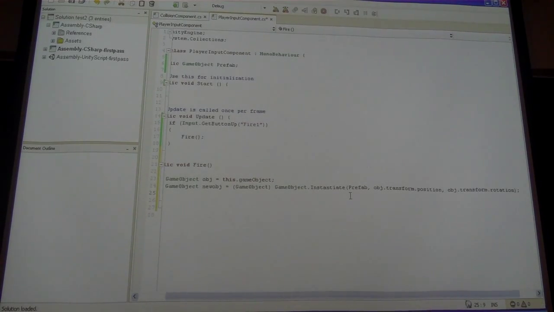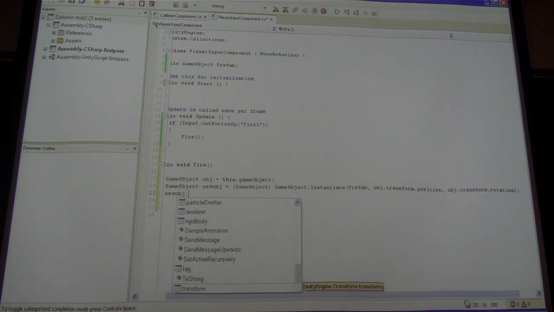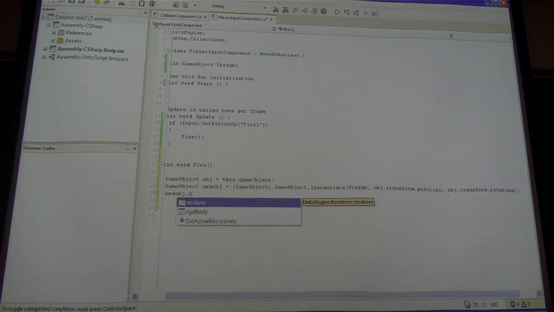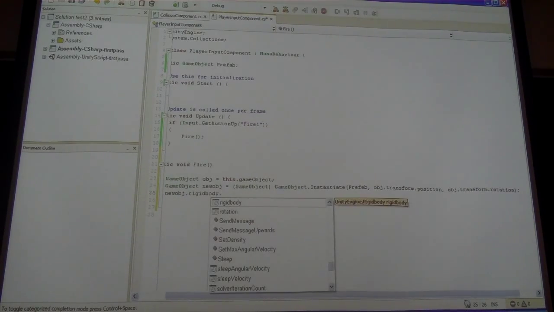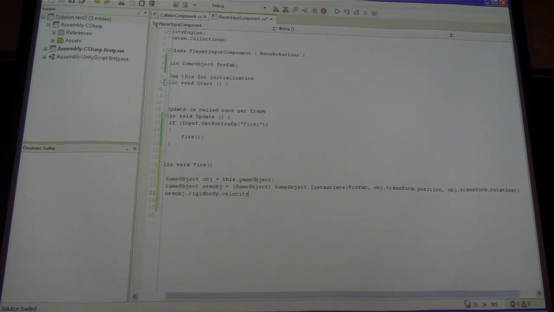And now, basically, I wanted to give it some velocity. What would happen is it would create that object, and it would just drop, and I wouldn't see it because I'm looking out at the scene, and it would drop below me. So I want to give it some velocity, basically in the direction that I'm facing. So I can do object dot, let's see, rigidbody.velocity equals object dot